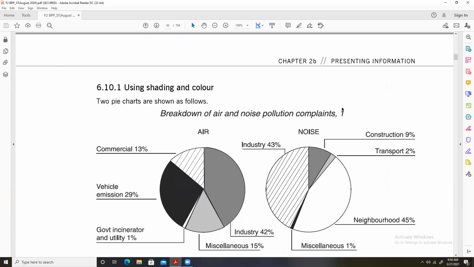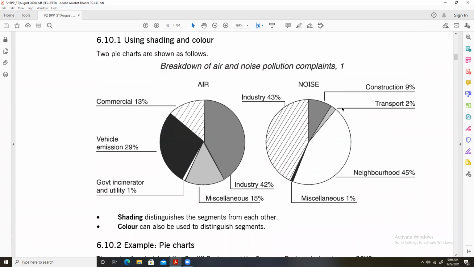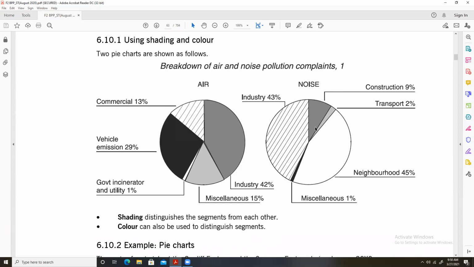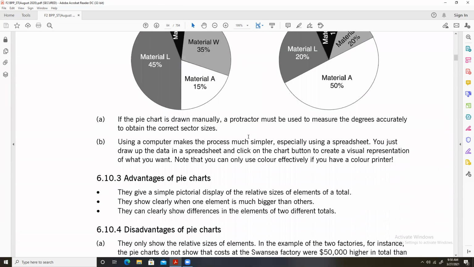Now, then we have pie diagrams or pie charts. Pie charts are actually circles divided into different sectors, and each sector shows the amount or the quantity, you can say the percentage, for different variables. So these are pie charts. Moving forward,